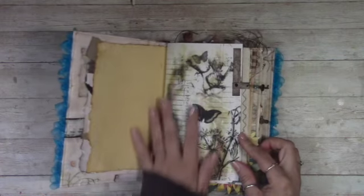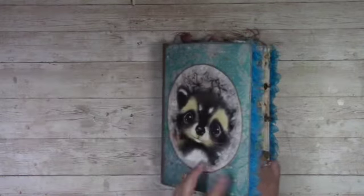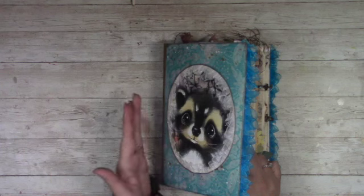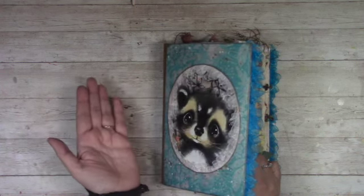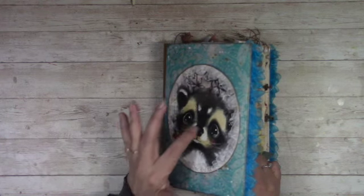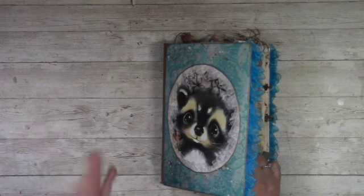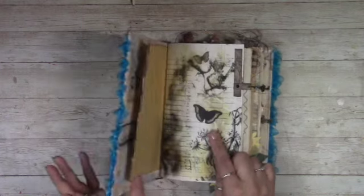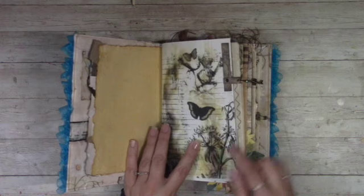Here, this is printable. That actually is part of this little fellow here. So you're gonna see some of the printables from where I got him. The printables that you see throughout the journal are gonna be part of that theme, even though it doesn't have a particular theme. Everything, the printables that you do see in there, are part of that character right there. So here's one of the printables, and then here,